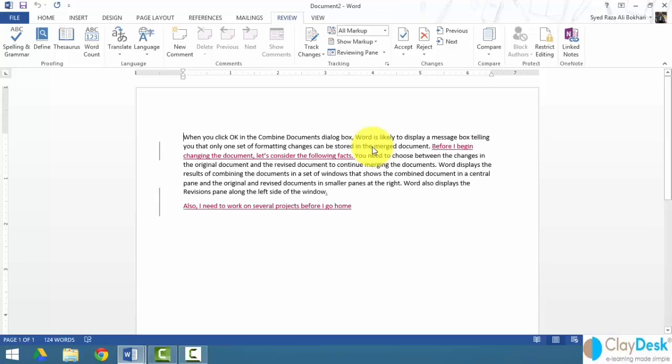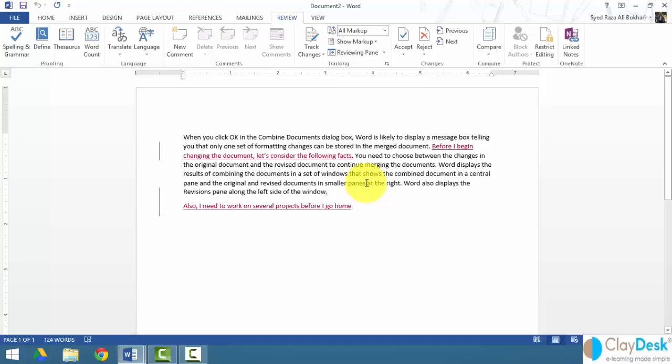And what Word does is basically creates a new document here, right? And displays and compares the two documents. And it tracks changes, so it shows me everything that's highlighted in red are the changes that I made within the revised document. Now notice this really doesn't give me a whole lot of information, right? It's just like, okay, fine, it compares it and then gives me a new document, but how do I know